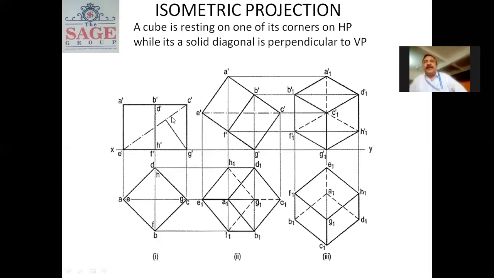So observe here, the first view is a rectangle, second view is a rectangle, and third view is a regular hexagon. Now see carefully, this is a regular hexagon. And below XY, the first view is a square, second view is the top view, and third view is the 90 degree rotated top view. Now we observe the top view.